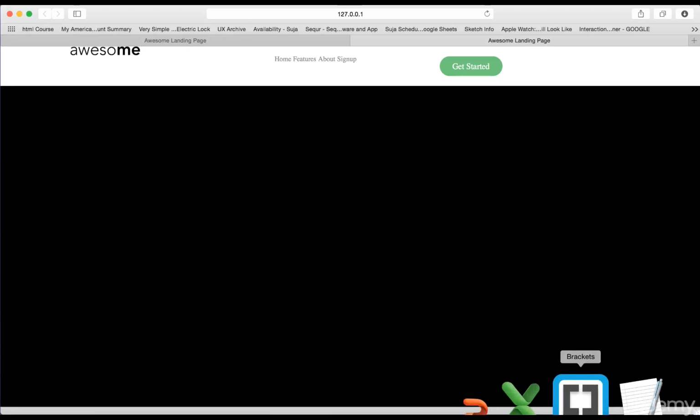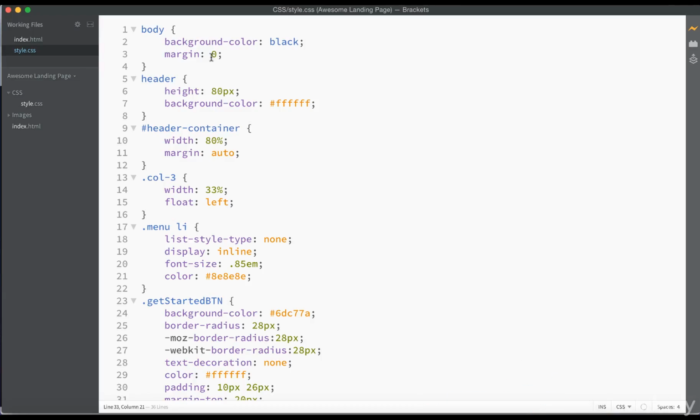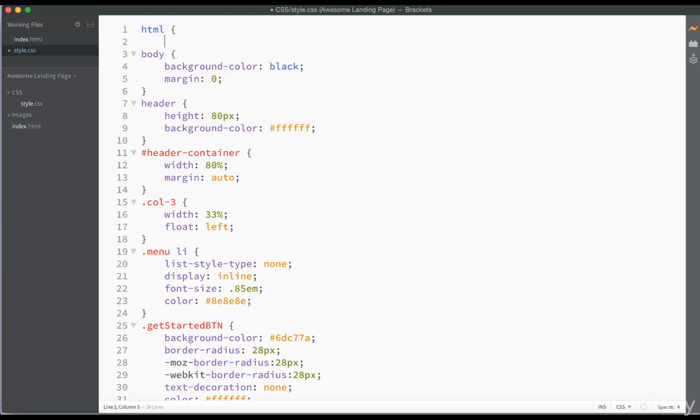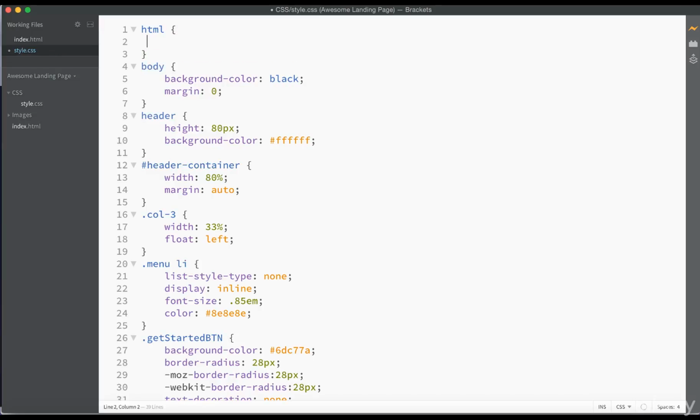Okay, so let's go back in to Brackets, and we need to change our font up a little bit. Now this isn't something we've seen yet, but if we were to change the font in our body, what's going to happen is it's going to change the font for all of our body text, but we would then need to individually change it for our H1. So let's try something new here. Let's do HTML. And yes, we can style our HTML as a whole, and we're going to change the font here. So let's go to font family, and as opposed to what we have, I want you to type,